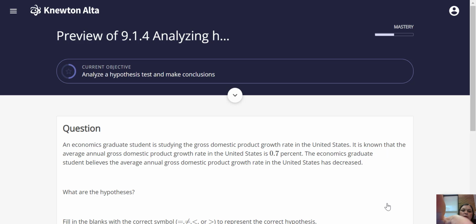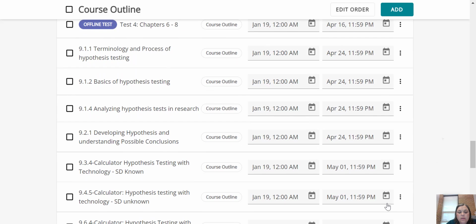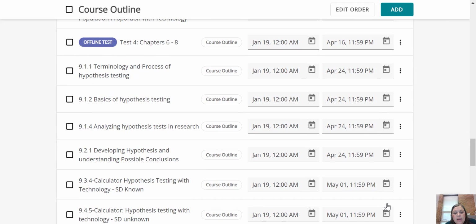Okay, so one more homework assignment for the week, and this one is 9.2.1, developing hypotheses and understanding possible conclusions. This one has a lot to do with the type 1 and the type 2 error. Okay, so just to remind you,